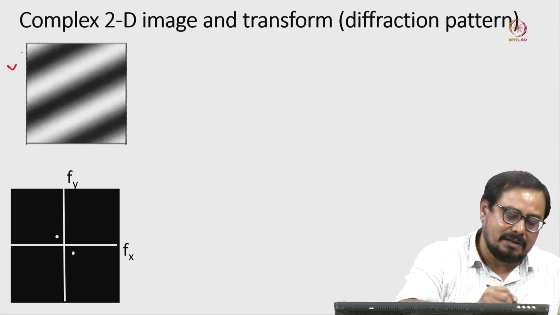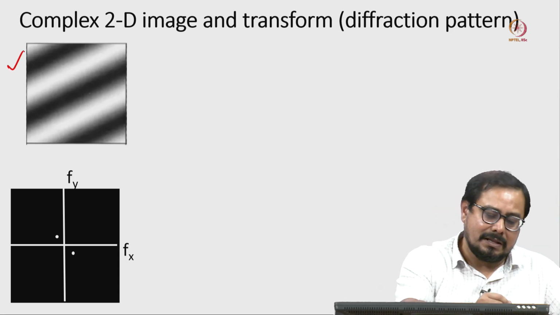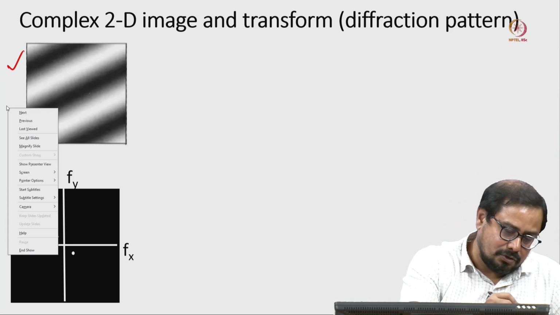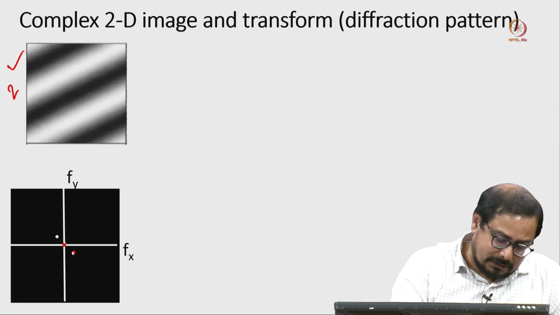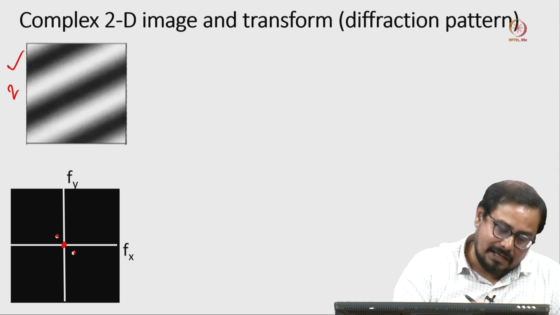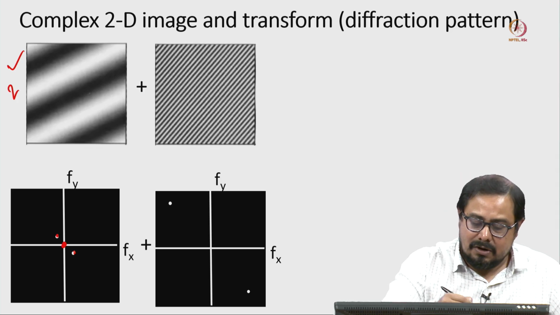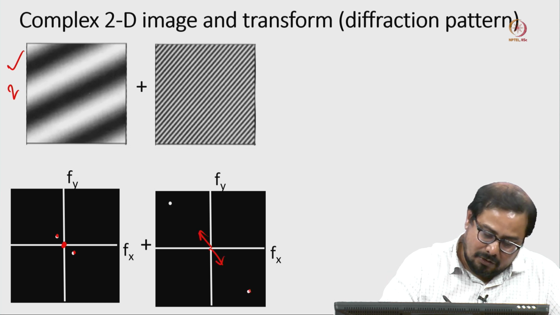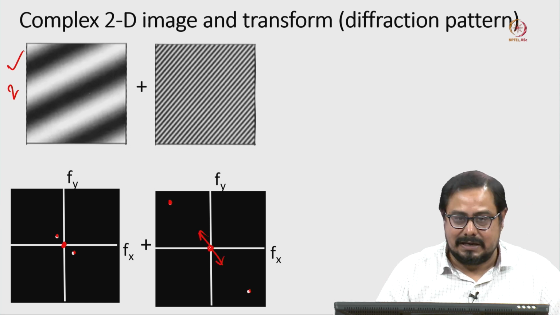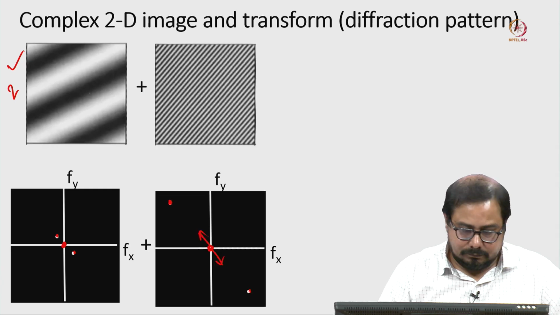So our first image is this one, where the oscillation is 2, k equals 2, and we are getting two bright spots: in the center there will be a bright spot, and then there are two more bright spots. Then we have another wave with 18 oscillations, where the direction is this, and we are getting two bright spots here, and in the center there is another bright spot.